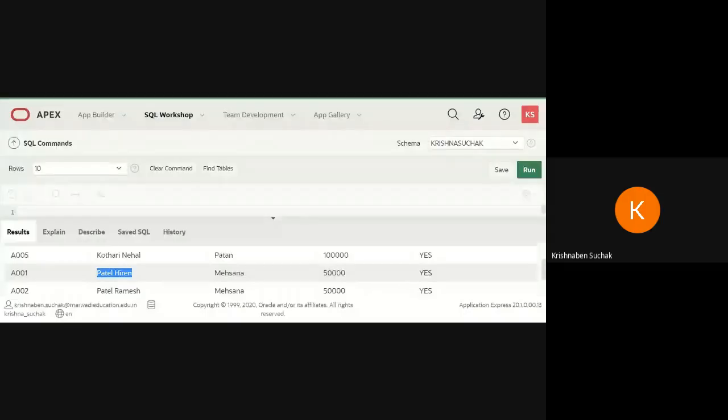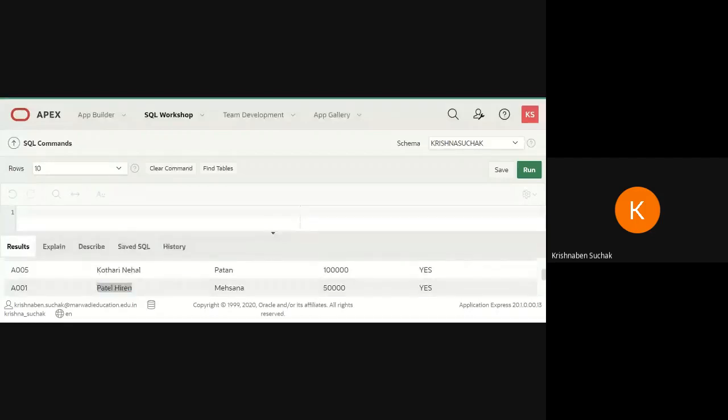So now after replacing the name of A001 from Patel Jigar to Patel Hiren, we have updated the name of A001 from Patel Jigar to Patel Hiren, and we have updated table A005 name Kothari Nehar and city Patan. Okay,